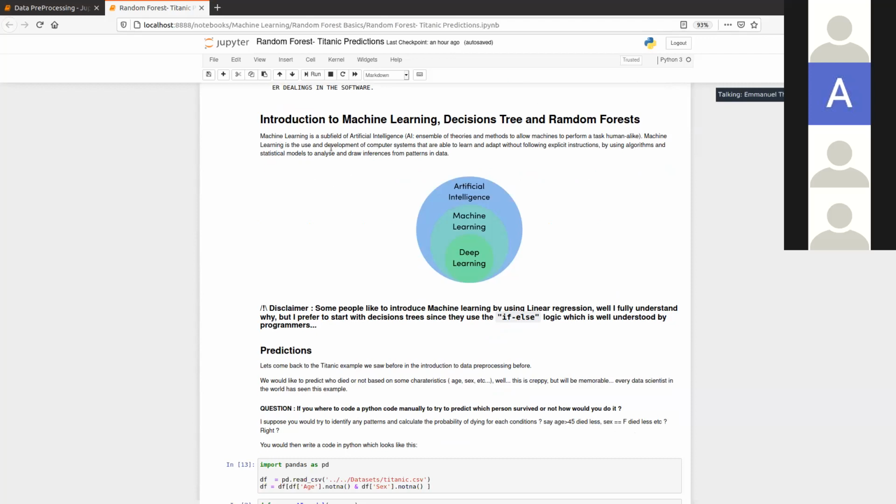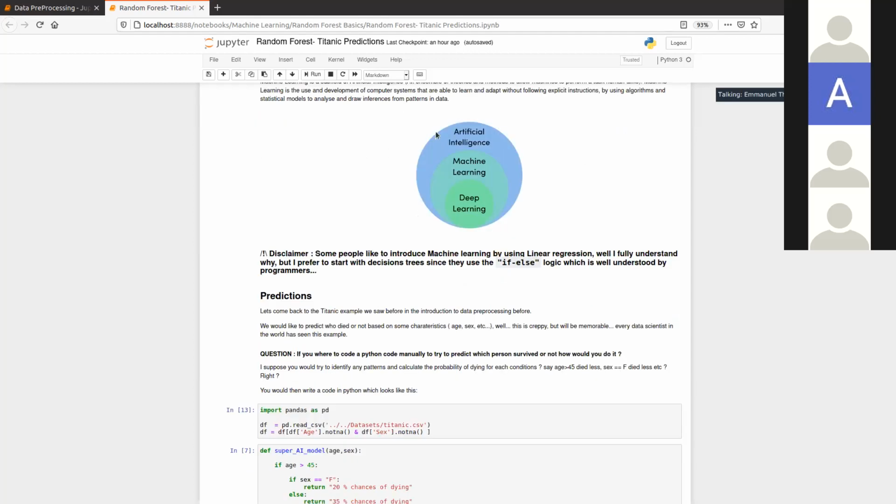Machine learning, basically, is a subfield of artificial intelligence, quote unquote. Artificial intelligence can be defined as an ensemble of theories and methods that allow a machine to perform a human-like task.